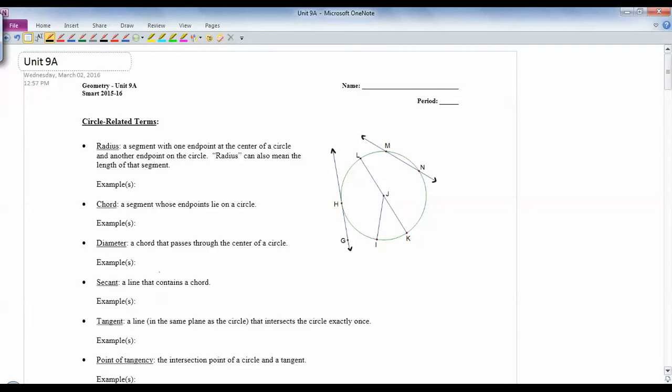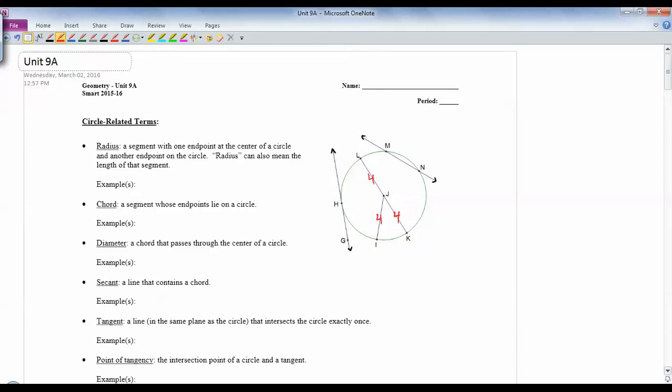unit. So one of the terms is radius, which you probably already know. If you have a circle, you've got your center point, in this case J, and then anything that goes from the center to the edge of the circle, that segment is called a radius. So a lot of times you'll label it little r or capital R, depending on how you want to do it. And sometimes the word radius is just used to describe how long the segment is. So like if this was 4, you could say the radius is 4, or you could call the radius JK,